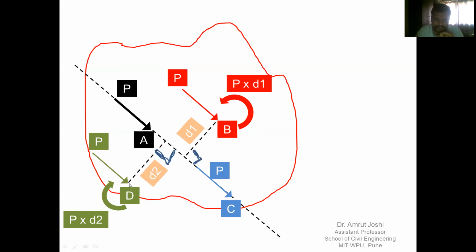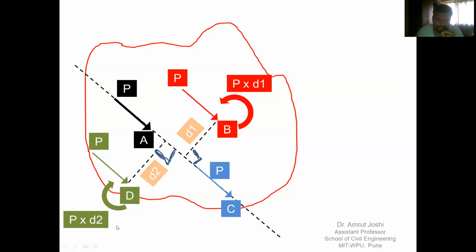You can imagine that. This clockwise rotation must be under the action of moment of force, and by definition, that moment of force should be written as force P multiplied by the perpendicular distance between the point and line of action of force. So we are calculating the effect of force P at A at point D. From D, I drop a perpendicular on the line of action of force P. That perpendicular distance is denoted by D2, and therefore the magnitude of this clockwise moment of a force is going to be P into D2.